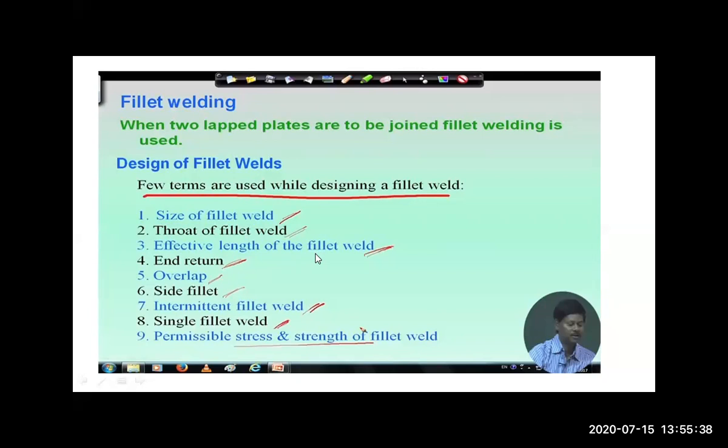Then effective length of the fillet weld. Then end return, then overlap, then side fillet, then intermittent fillet weld, single fillet weld, and permissible stress and strength of the fillet weld. Those 9 parameters we have to learn for the design of the fillet weld. So we will see in detail one by one.